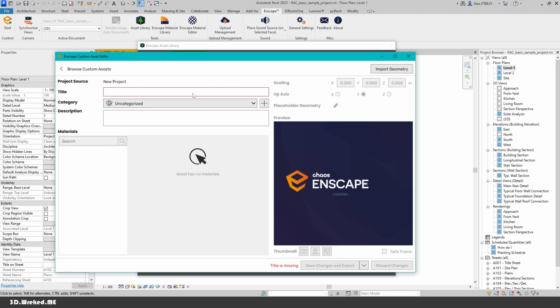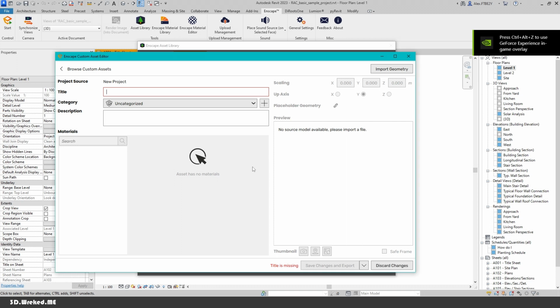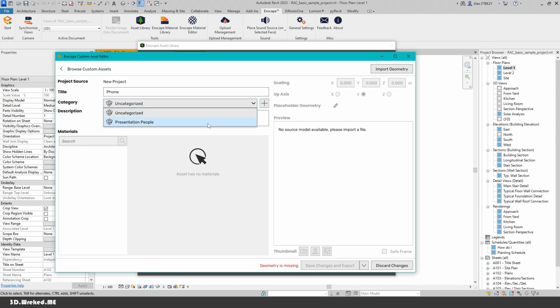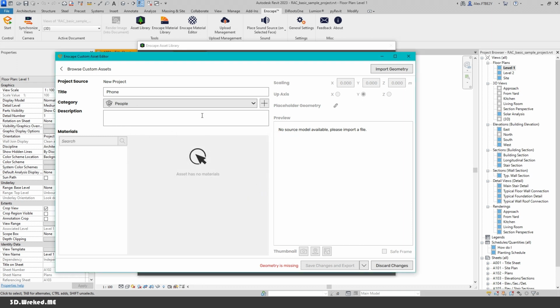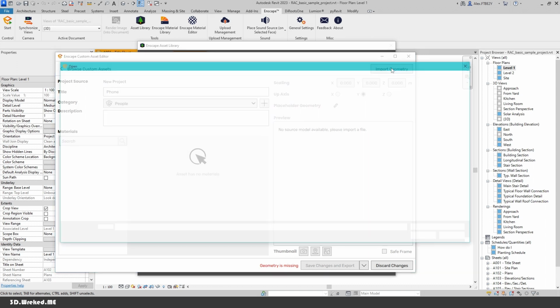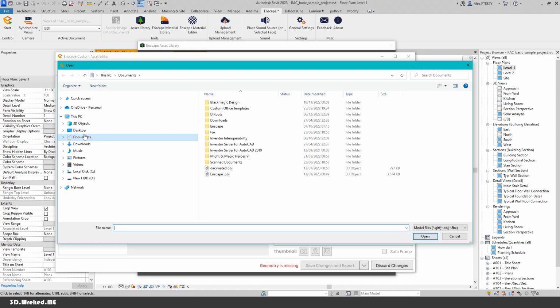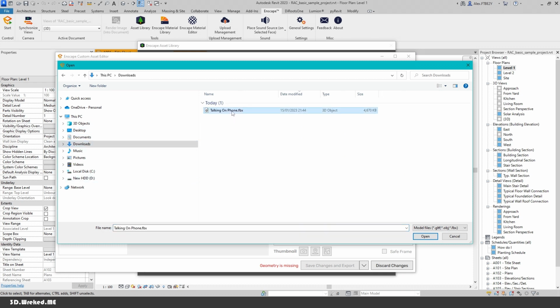You can add a title here. Phone, okay, and you can even create your category. Let's go and talk to people. Add. You can add your description and so on, but let's go to import, and we want to go to our downloads, and we have talking on the phone FBX,